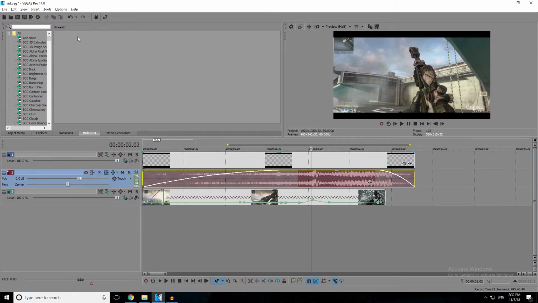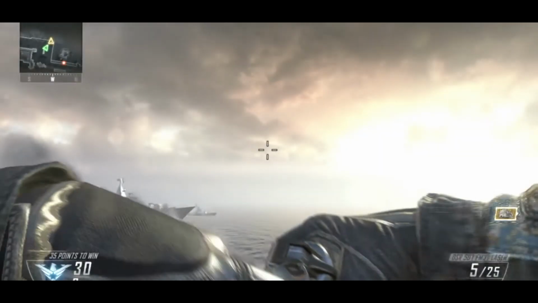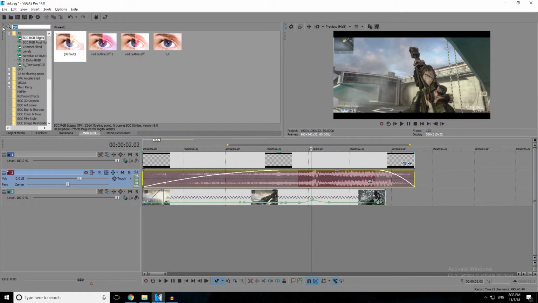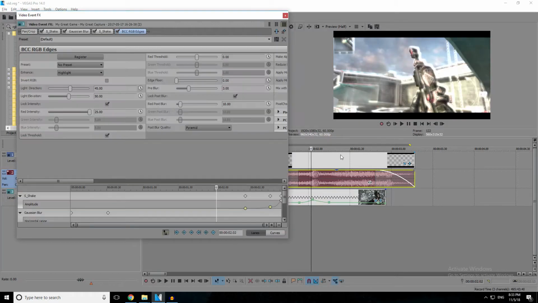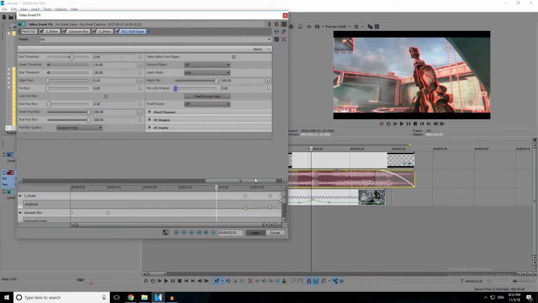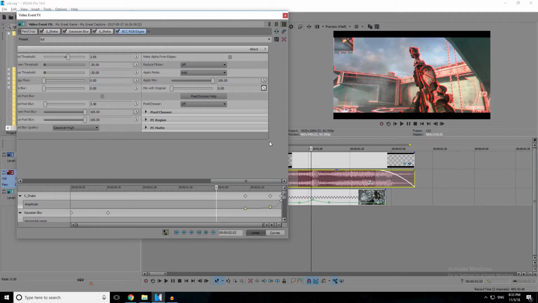Alright guys, so for effect number 3, once again you'll need the BCC plugins. So you just want to type up RGB and then click on BCC RGB edges. Then drag the default on, it'll look pretty bad. Basically just copy these settings down here as you see them, and then to keyframe this one, just go mix with original, click the little clock